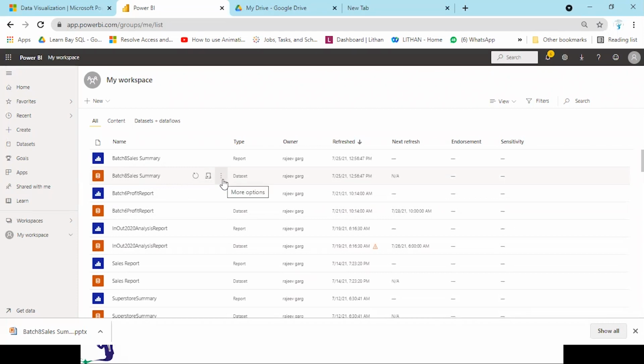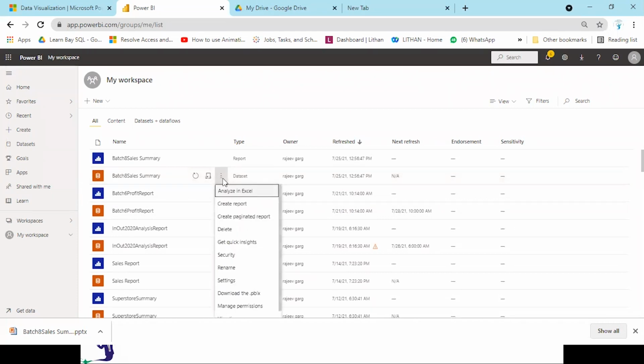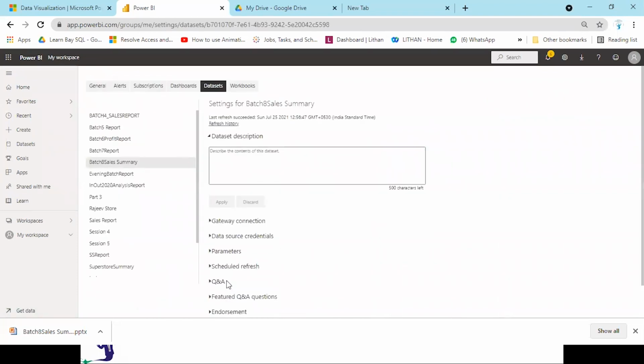Refresh failed error will be displayed, and in that case, we will click on these three dots, and there is a settings button. We will go to the settings.